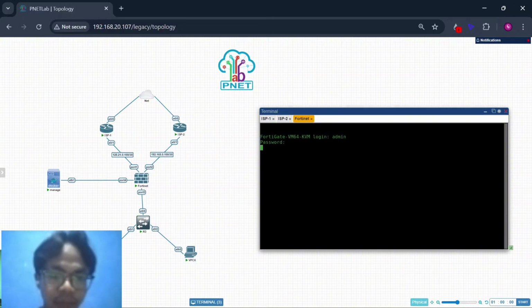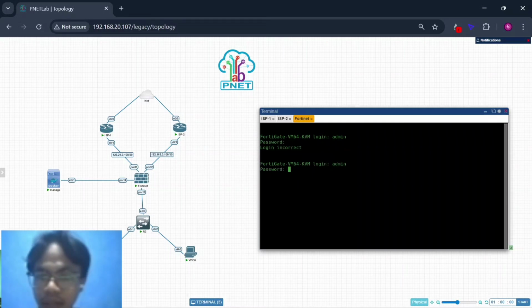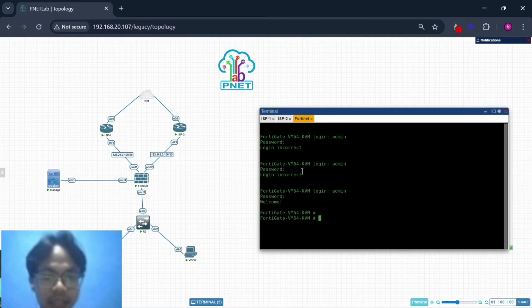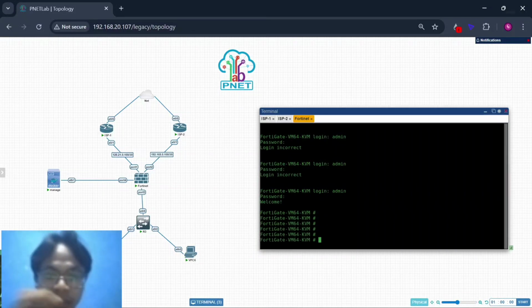And now you must set the admin password, admin 123. Because the default has no password, you write a password. And this is the default CLI from this Fortinet.